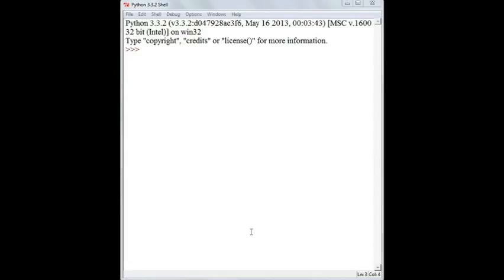A dictionary is like a list, but more general. In a list, the indices have to be integers, but in a dictionary, the indices can be any data type. You can think of a dictionary as a mapping between a set of indices and their values. Here the set of indices are called keys. As an example, I am going to build a dictionary which has English to Spanish conversions.